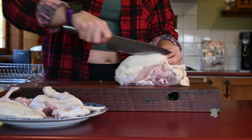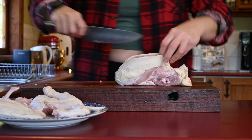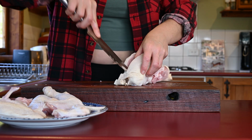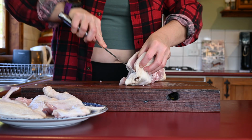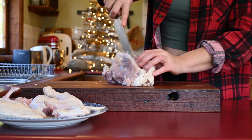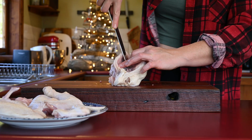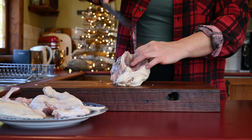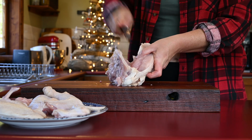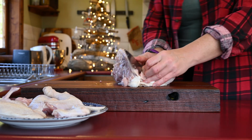So we'll just run our knife down that backbone of the chicken. And here, you know, you can work from the bottom also. Slide in with your knife and work your knife along the rib cage of the chicken, keeping your knife nice and tight all the time to the bone. Work your way down to the bottom,